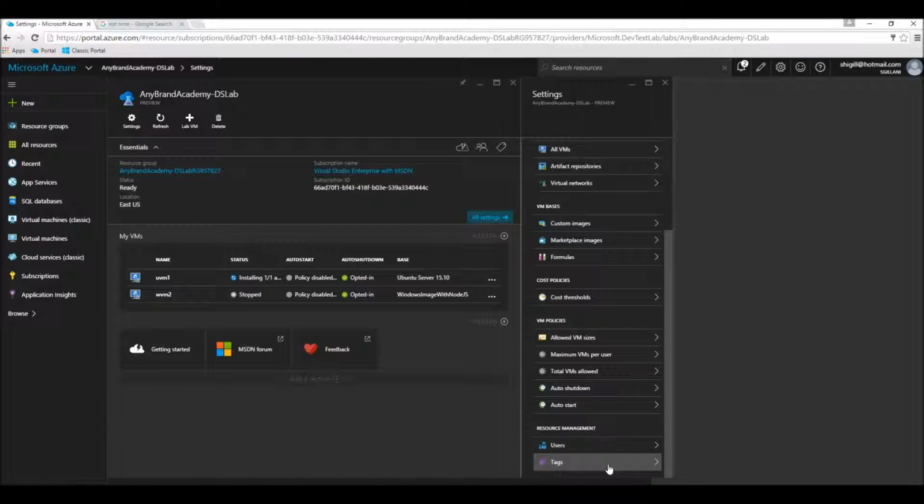If the virtual machines run around some logical application or functional scenarios, then you can easily use those tags to separate your billing amount and usage. For example, within the data science lab, if project A was utilizing three virtual machines and project B was utilizing two virtual machines, then when the bill arrives